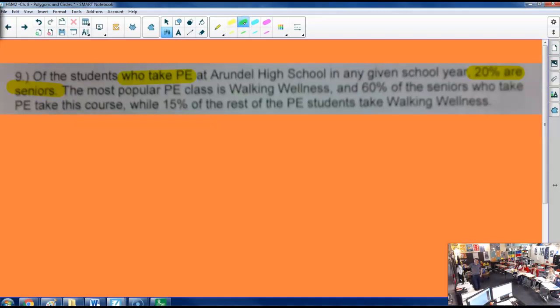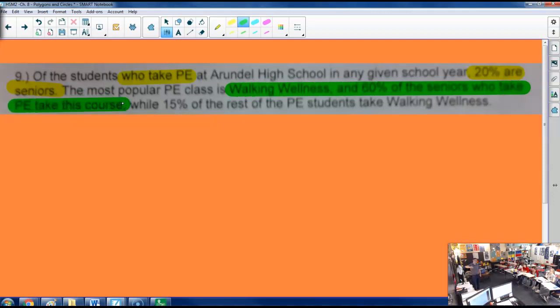The most popular PE class is Walking Wellness. 60% of the seniors in phys ed take this course. Are you getting ideas for wellness, Mr. Smith? Well, 15% of the rest of the PE students